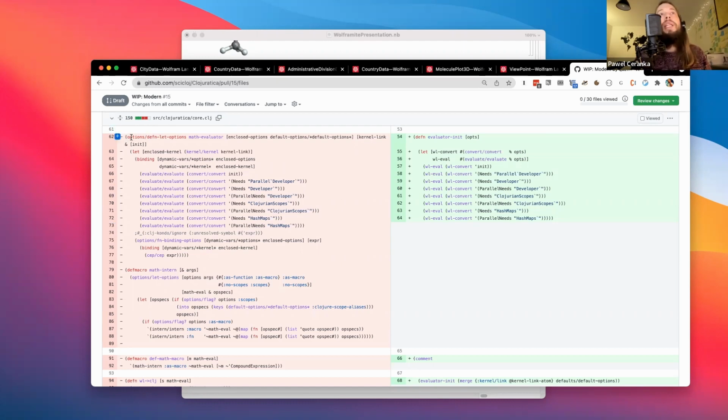On the left-hand side, you see this is some custom function for handling options, which is not even similar to any existing macro. So you can't really work out what it does without diving deep into the code. It does something with this and with this and this. That's some normal let here, but then here you have dynamic binding. It's doing a bunch of things here, but then you have some other macro here, which is difficult to understand, and dynamic bindings here.